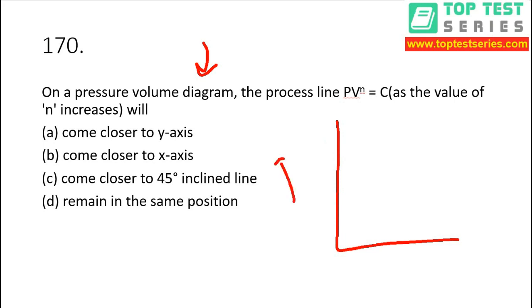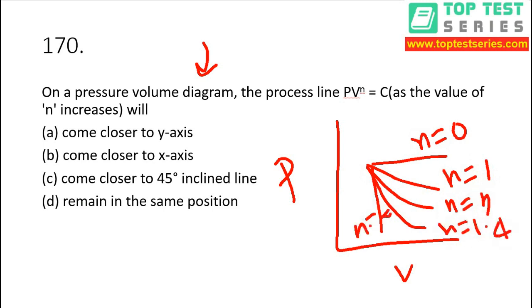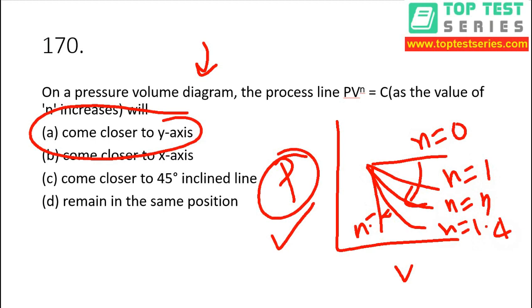So let's draw the PV diagram, right? And this one like this, so it will be like this, okay? All right. So here n is equal to 0, here n is equal to 1, here n is equal to n, here n is equal to 1.4, here n is equal to infinity. As you can see, as we are increasing, getting closer to what? P axis. What is the meaning of P axis? That is y axis, right? Now